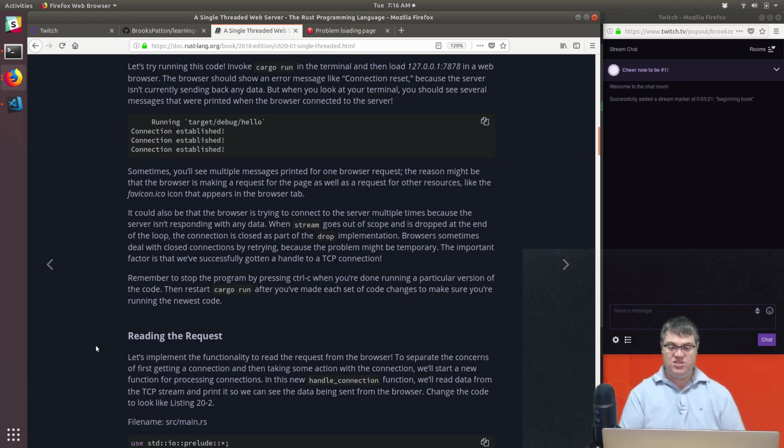Sometimes you'll see multiple messages printed for one browser request. The reason might be that the browser is making a request for the page as well as a request for other resources, like the favicon icon that appears in a browser tab. It could also be that the browser is trying to connect to the server multiple times because the server isn't